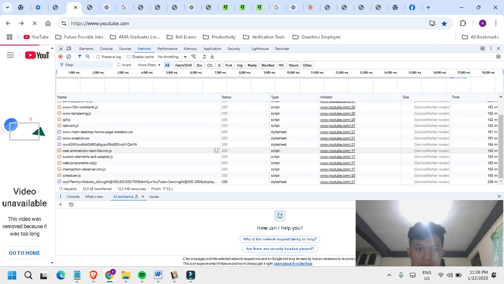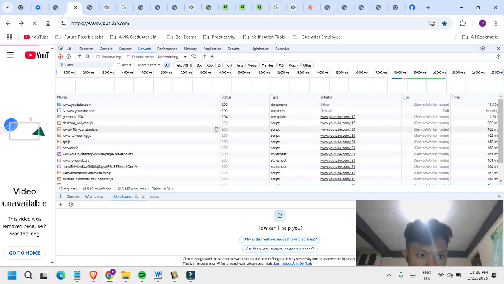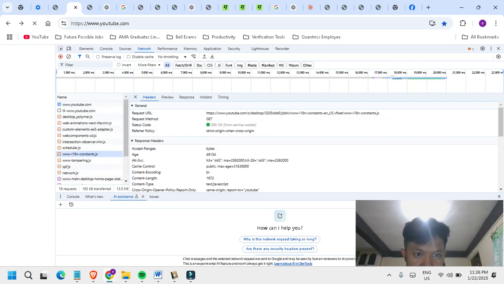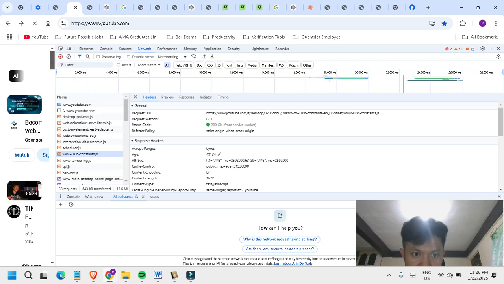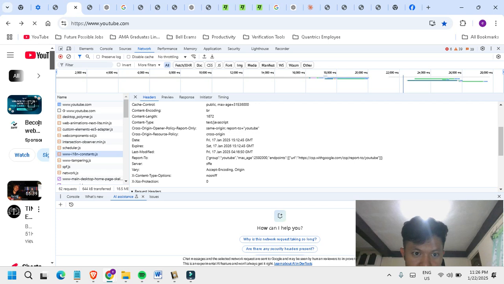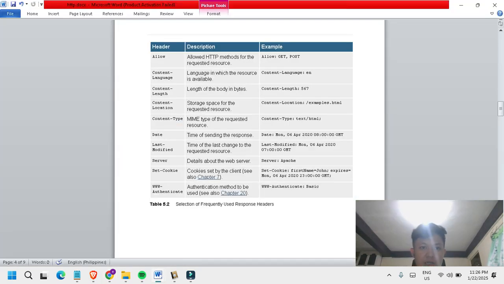In the response headers, there is Accept-Ranges. It's not always there, but basically it would not be available on all request and response headers.